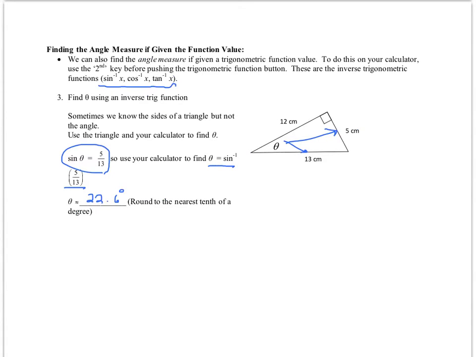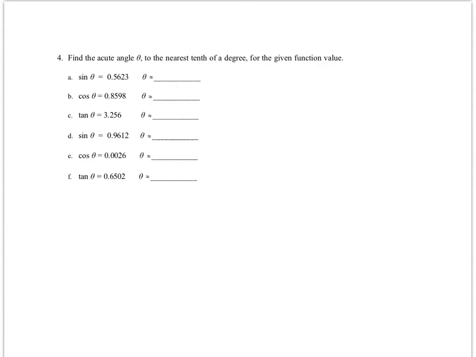And again, I rounded this to the nearest tenth of a degree, so 1 decimal place. Perfect? Yay, let's do it. All right, so here we go. We have some trig functions that we know of a certain angle, and we want to get the angle. So for part A, we're going to press second